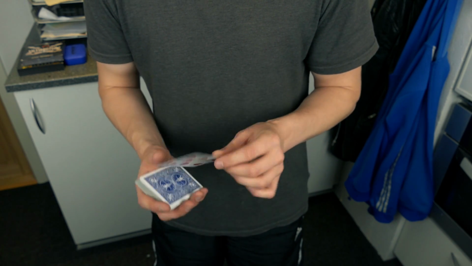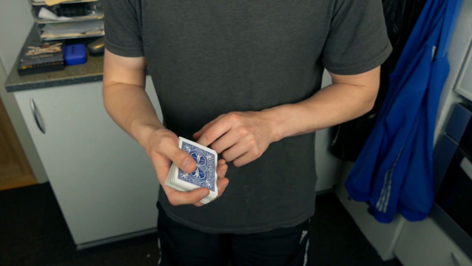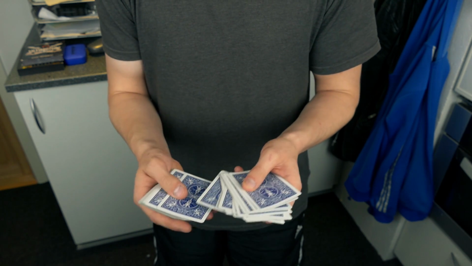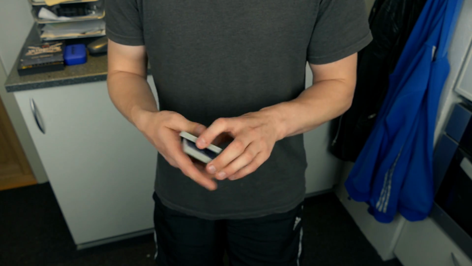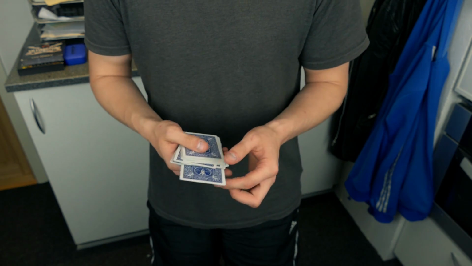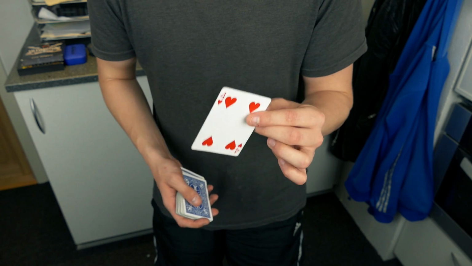So let's say I want to force the 7 of hearts. I usually put few cards on top of the 7, and then I ask the spectator to pick a card. And if the spectator picks the 7, wait, sorry for that. I got the break the wrong place. So if the spectator picks the 4 of hearts, once the spectator is looking at the 4, then I look